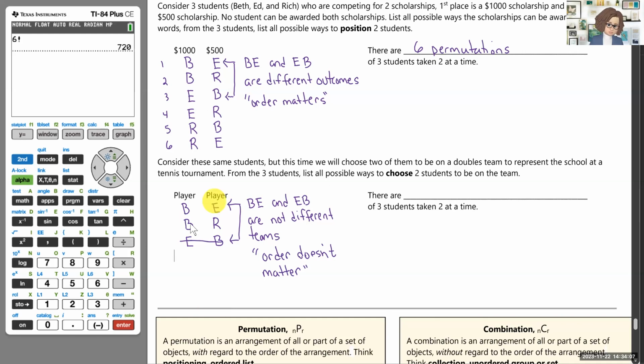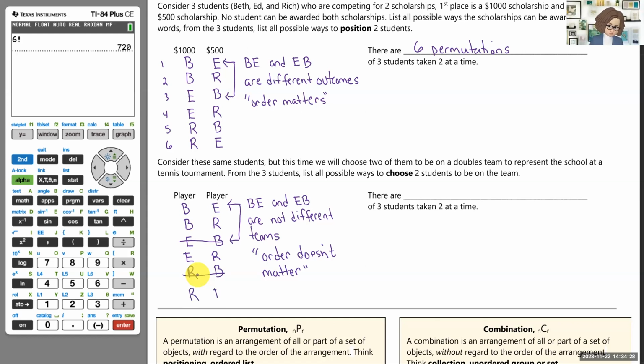So Beth and Ed could be a team. Beth and Rich could be a team. And then Ed and Rich could be together on a team. That would be a new team. And then Rich and Beth could be a team. But we already listed them up here, right? Beth and Rich are a team already, so that's nothing new there. And then Rich and Ed, but we already have Ed and Rich as a team, so we already listed that